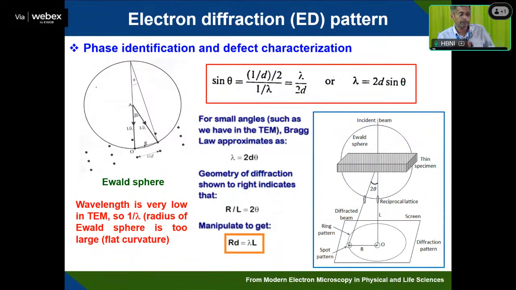Now you will see phase identification and characterization. Here you can draw an Ewald sphere. As you know, in the reciprocal lattice in the diffraction pattern, when a particular point lies on the Ewald sphere surface, you will see that plane. Here 1 by lambda is the radius, and the lambda of X-ray diffraction and electron diffraction are much different. For X-rays it was 1.54 angstrom in the case of copper K alpha, but in electron diffraction in the TEM, the wavelength is about